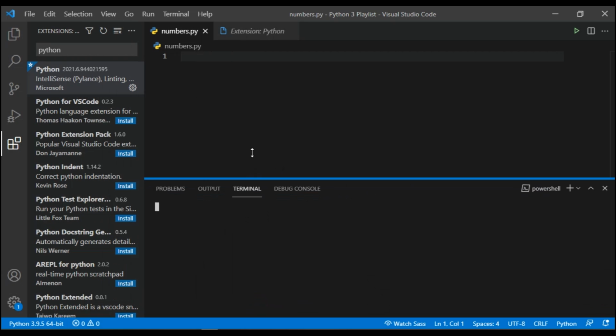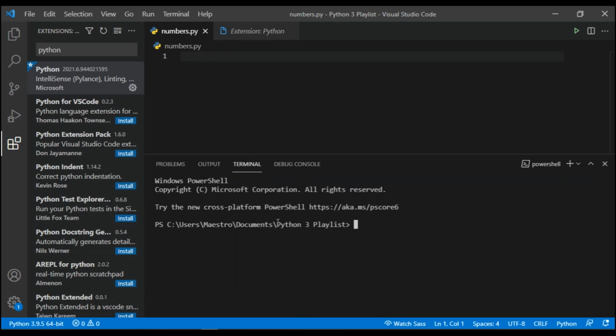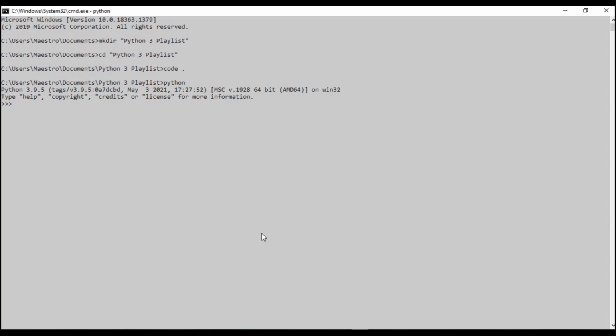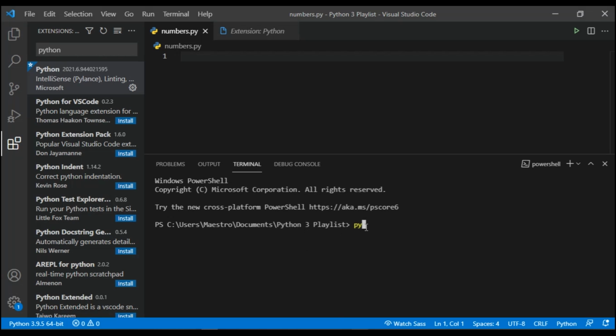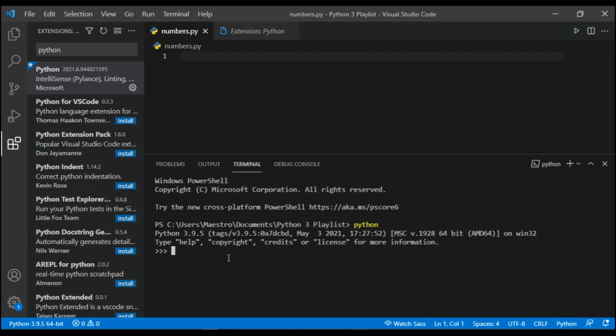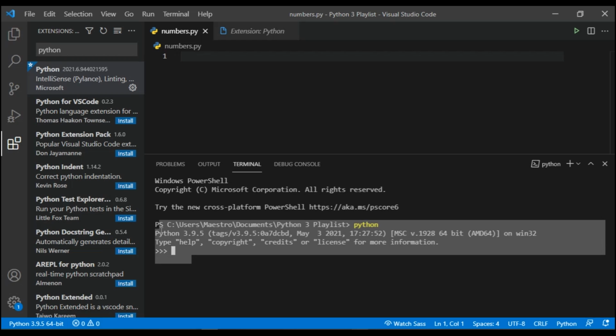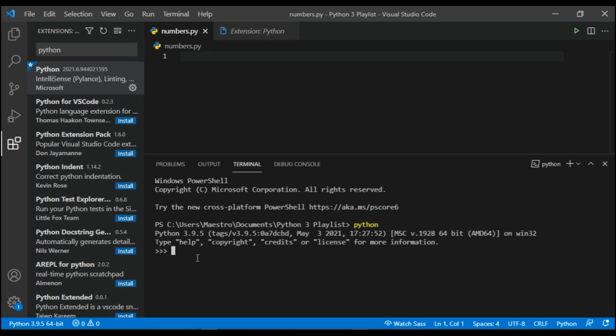and now this terminal is basically your command prompt, and I can just use the same command I did here to go into Python. Just as a note, in case you want to exit, you can use Ctrl Z to exit. Oh, let's try Ctrl C here. Okay, Ctrl Z. Yeah, that's going to exit. Okay, and then I can come here and use Python, and then K. That's automatically going to bring me into the Python development environment. So I'm just going to use my Ctrl Z and then enter to